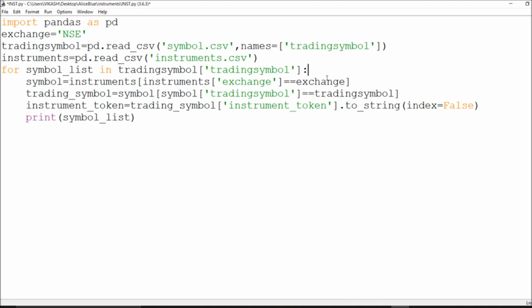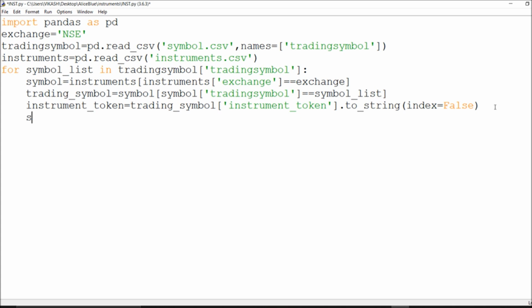So I got my symbol here, this instrument token. From this symbol list I'll talk about my trading symbols, and with a for loop I will append each and everything in my CSV. So I got my instrument token with this.